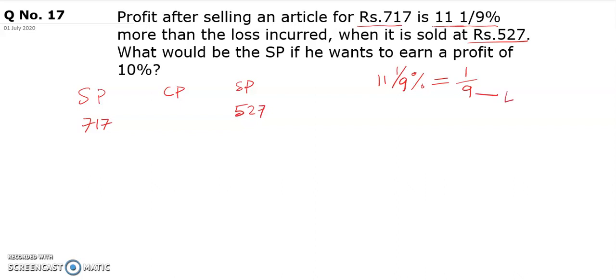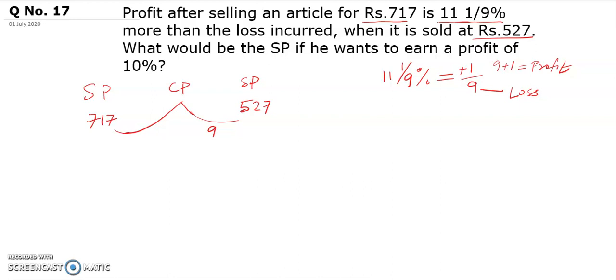So this is loss, 9, and 9 plus 1 will be our profit. So that means if loss is 9 units, then our profit will be 10 units. This is profit